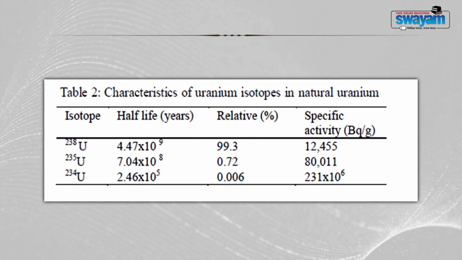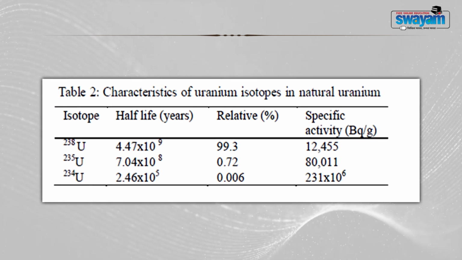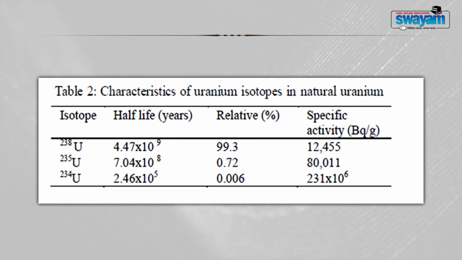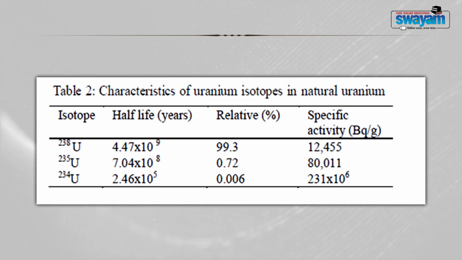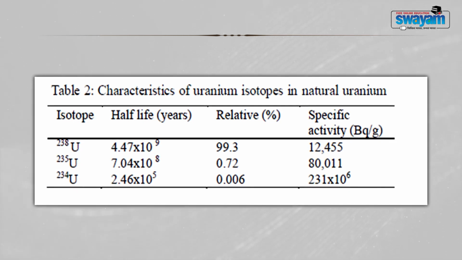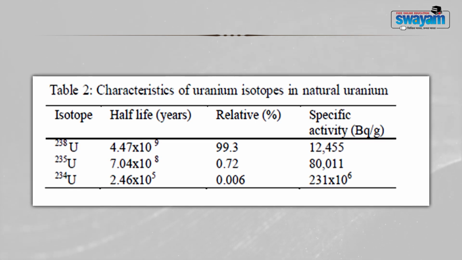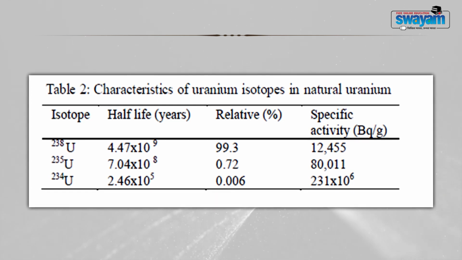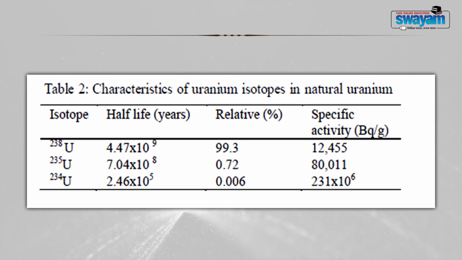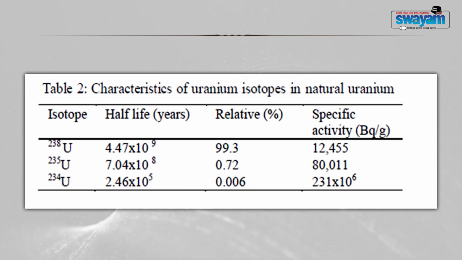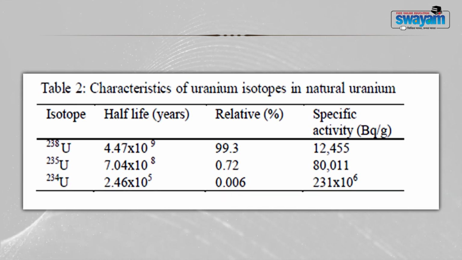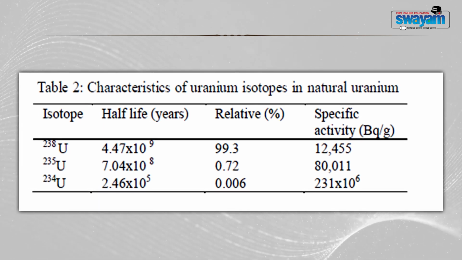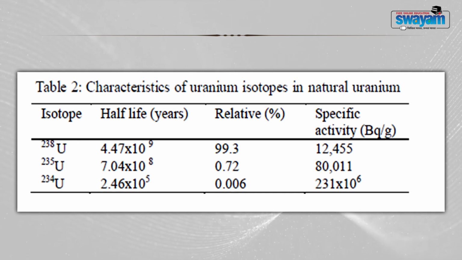Natural uranium has 3 isotopes. These 3 isotopes are uranium-238, uranium-235, and uranium-234. If we come to the relative abundance of different isotopes of uranium in natural uranium, 99.3% is uranium-238, 0.7% is uranium-235, and 0.006% is